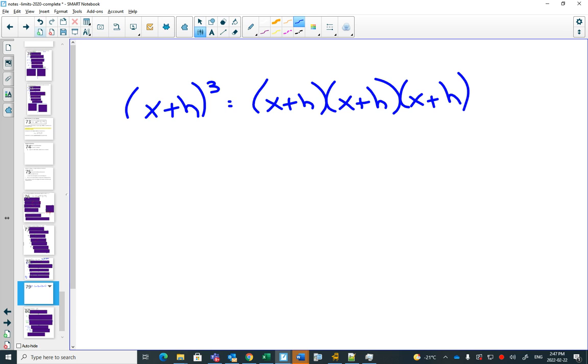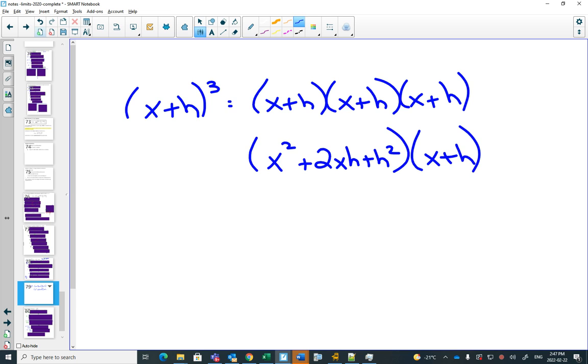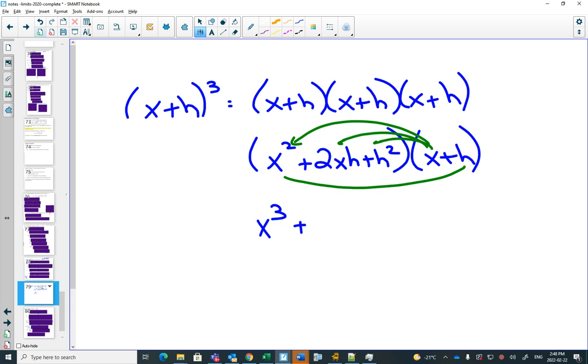So I could multiply these 2 together and get x² + 2xh + h² times another (x + h). And then I could distribute all of this: x times x² is x³, x times 2xh, and an x² times h. I could draw all the arrows. And then if I simplified, I would get